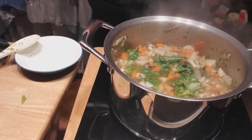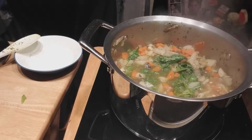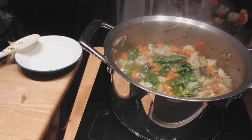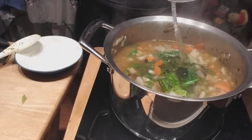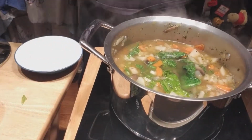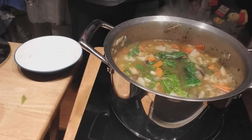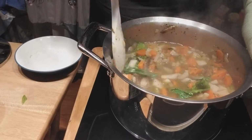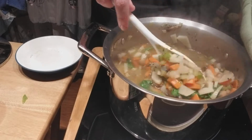And grab our measuring cup. I'm going to measure out about 1.5 cups of water. Pour that in. Just so everything is covered in my pot. I'm going to put an oven mitt back on to hold the side of my pot. And I'm going to stir. Now, by itself,